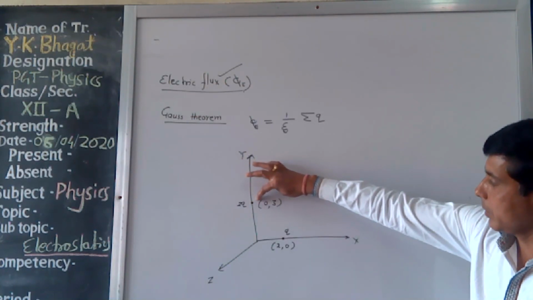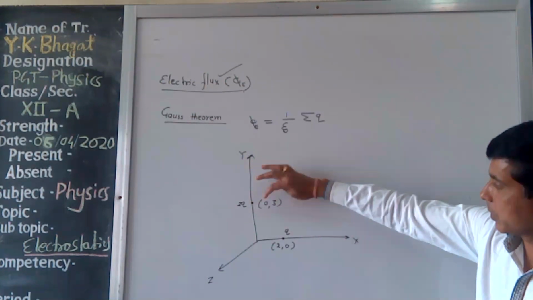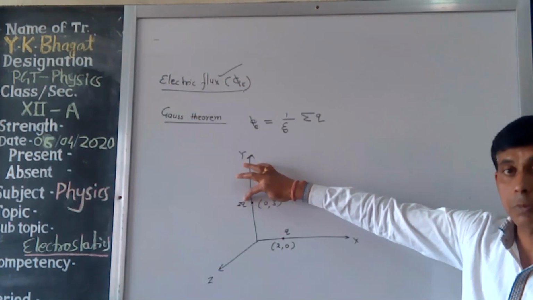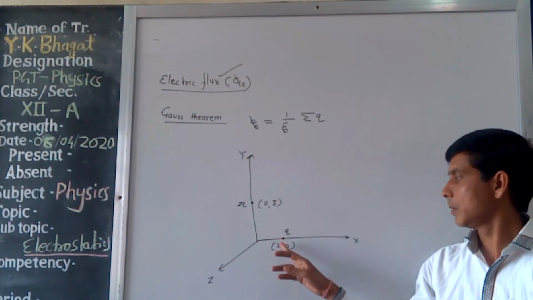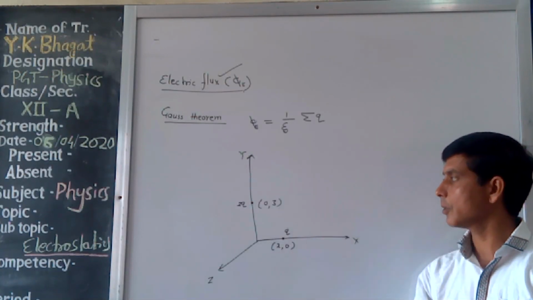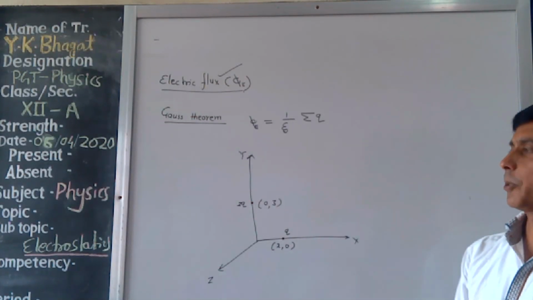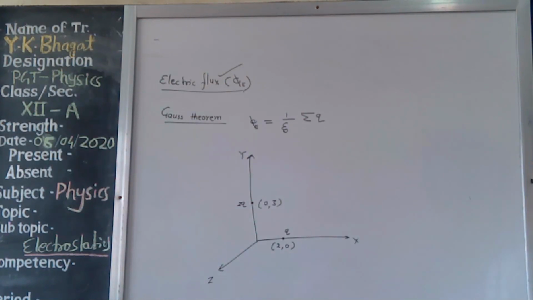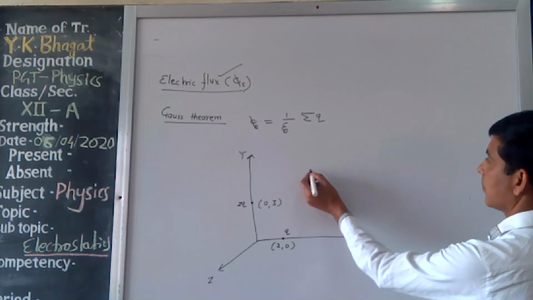At the point with coordinate 0, 3, the 2q charge is placed, and at position 2, 0 on the x-axis, the q charge is present. And our question is that what will be the